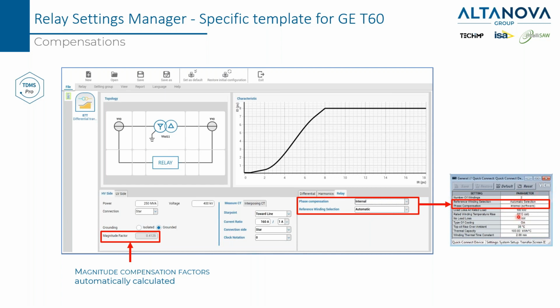So it's enough that you open NRVista, look for the right parameters, then set them into the template, and all the complex calculations that now you know must be taken into account are automatically performed by the software. So you will see in a few minutes how easy the test of this differential protection is once you have a template and you know all the concepts that we discussed together.